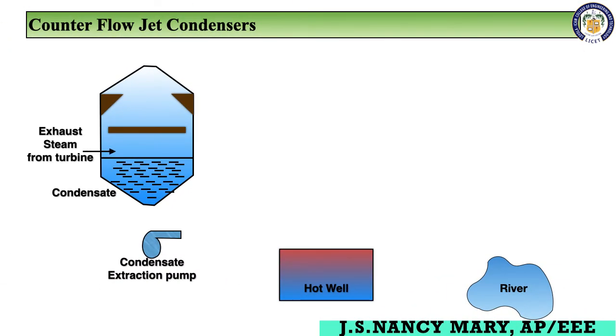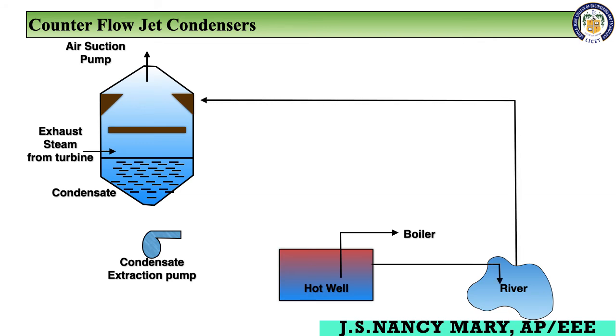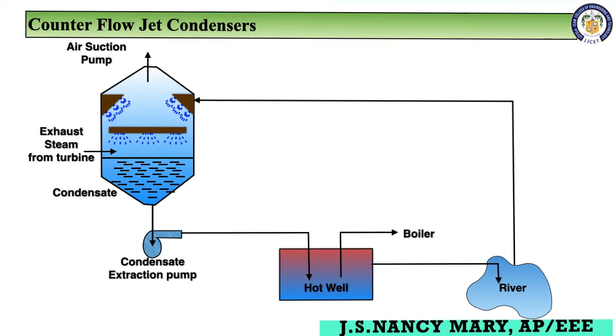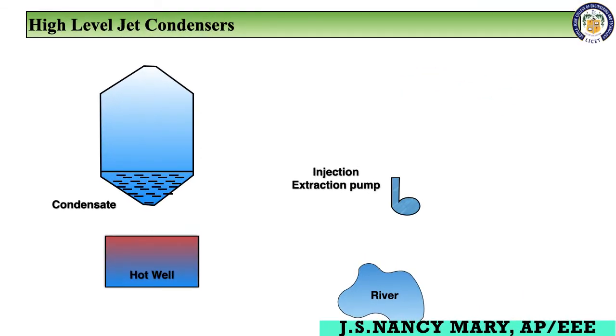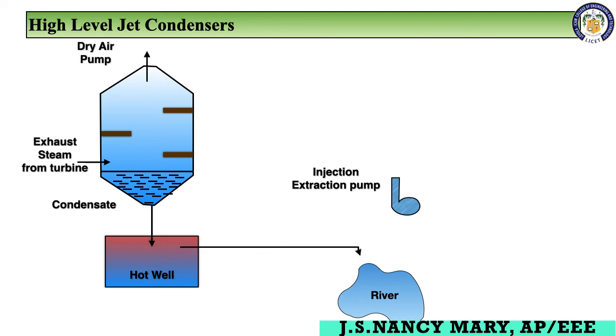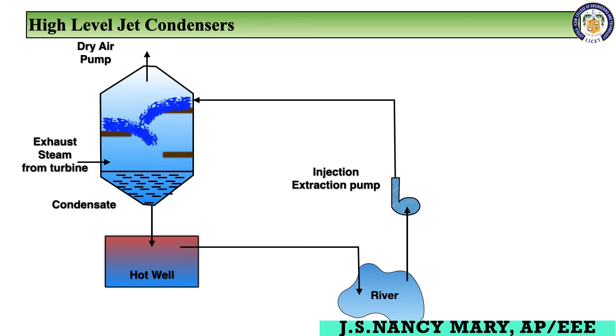Whereas in counter flow, only the physical arrangement is different. In the counter flow, you will have the water from the corner of the condensate and also at the middle. So this is your counter flow. The water and the steam are mixed here. As I told you, in the jet condenser we will be mixing water and steam. In the high level condenser, the water is poured at high pressure, which will be higher in this. So if you see here, the water will be poured like this. That is your high level condenser.